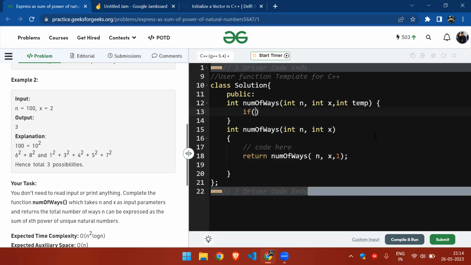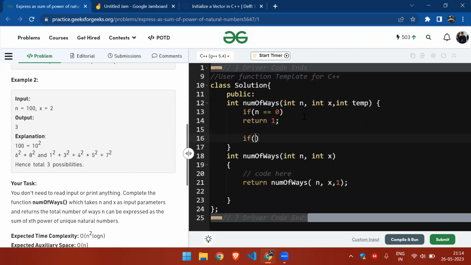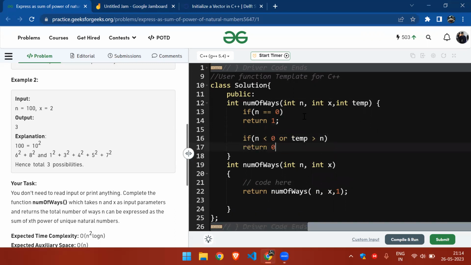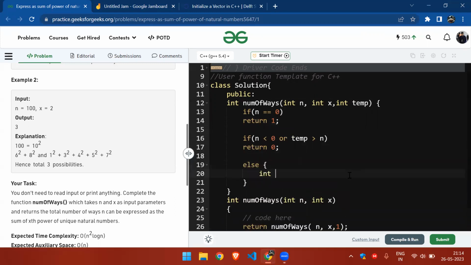So in any case n equals 0, then we return our answer as 1. So we have one possible way, all right? And in any case n goes less than 0 or our temp variable exceeds n, then we return 0 in that case. That means stop. Else, what are we going to do? We are going to call this recursion